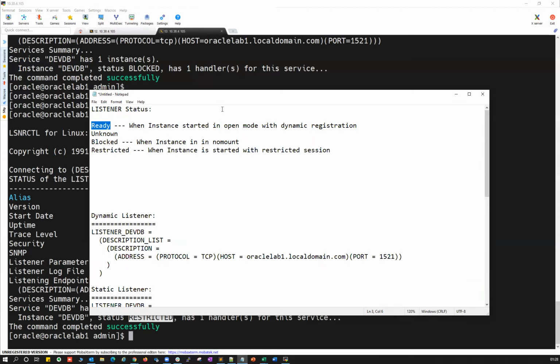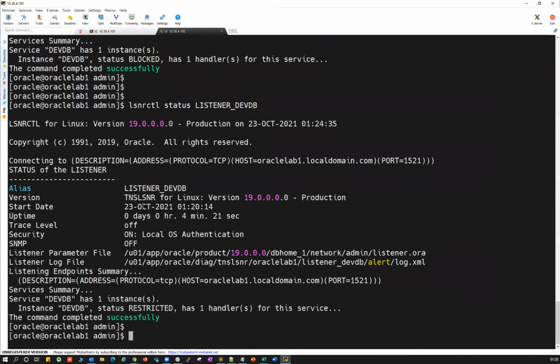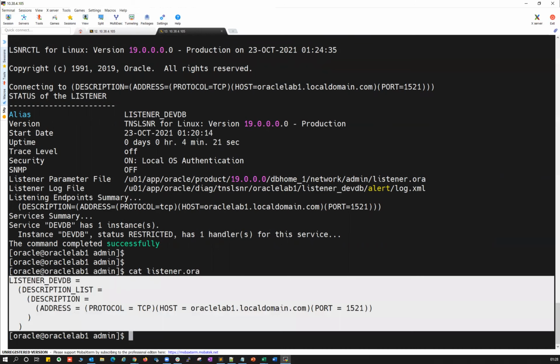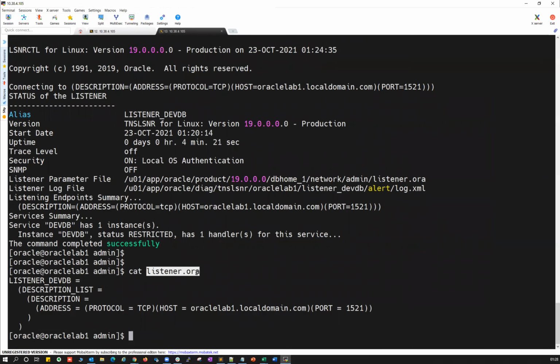How can I say whether my instance is in dynamic registration or static registration? Dynamic registration means your listener file has just the listener details, a port, host name, and the protocol, only that much.